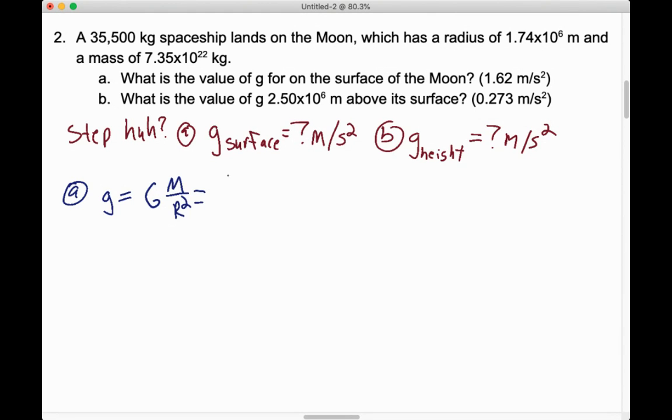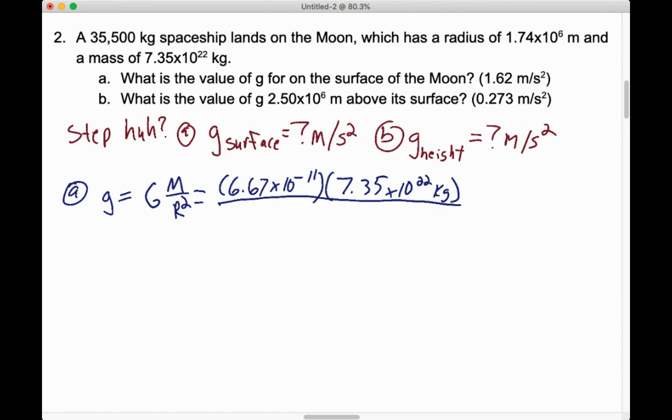So plug in your value for big G, 6.67 times 10 to the minus 11th, and your value for big M. Is big M the mass of the spaceship, or the mass of the moon? It's going to be the mass of the moon, 7.35 times 10 to the 22nd kilograms. All of this divided by